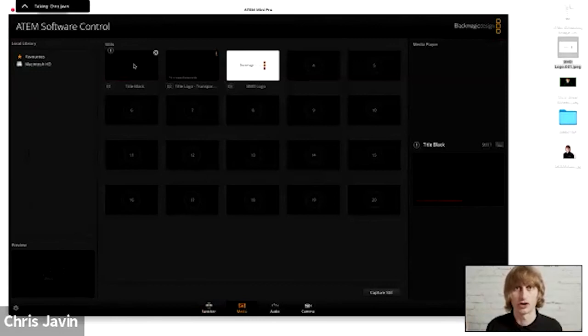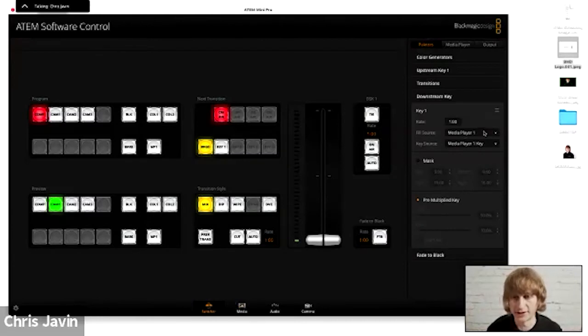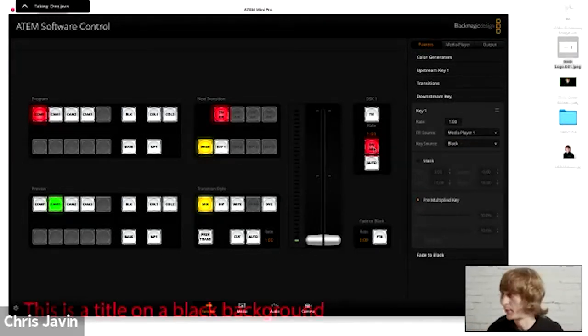So it's a constant color black background, and it was just something I created quickly in Keynote. So what I would want to do is set that to media player one, and then my key source, I want it to key out all that black. So that's the thing that I want the A10 to look at and remove to allow me to then overlay this. So if I was to bob that on there, you can see now that that has come up as